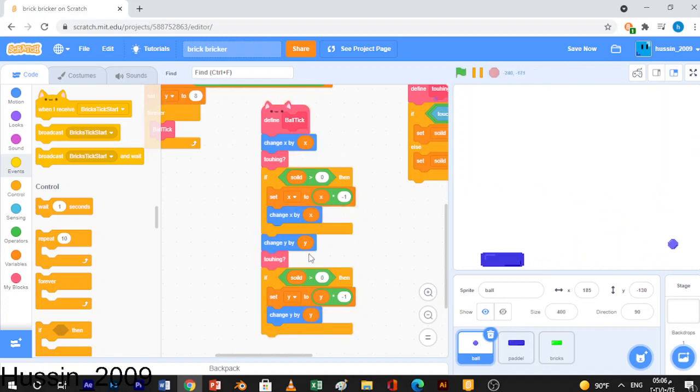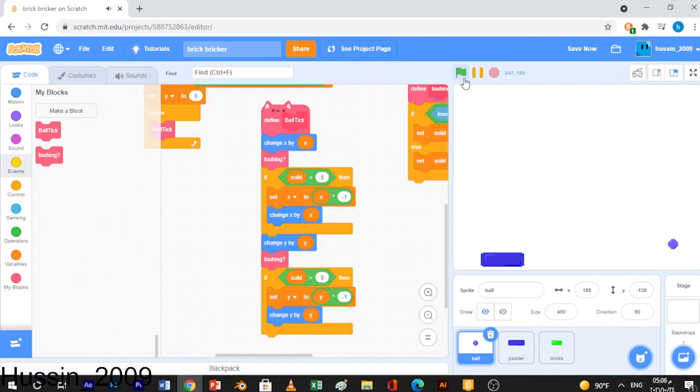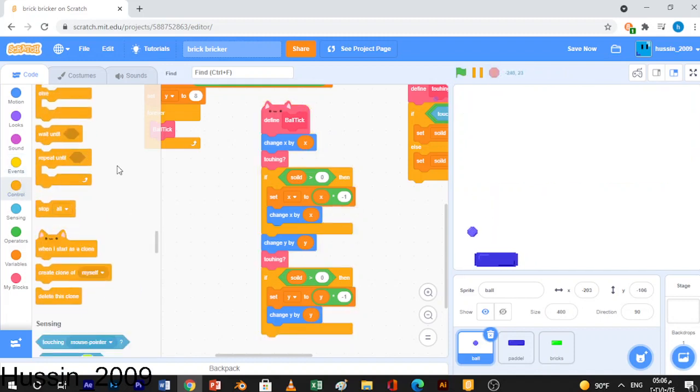So these two blocks are so important. So how can we hit the bricks if we are not touching them? Actually we can touch them over here. So if I edit it and remove the run without screen refresh, you can see it will work the same. So what about